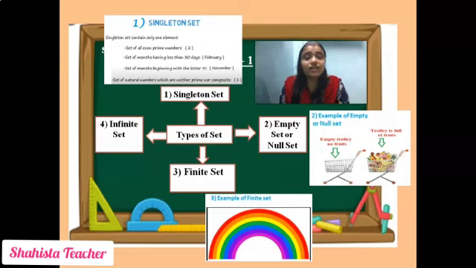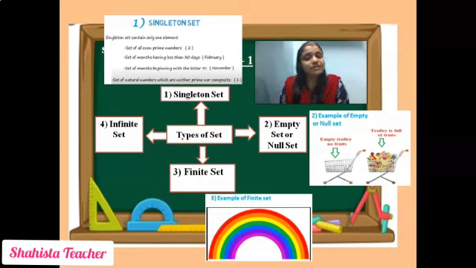There is a continuation. There is no full stop. Is that clear? So we don't know which number is the last number. It starts from 1, but we don't know the last number. So natural numbers are an infinite set. Similarly, whole numbers start from 0. They are also an infinite set. Integers, again, are an example of an infinite set. Negative, positive, but we don't know which number is the last number.